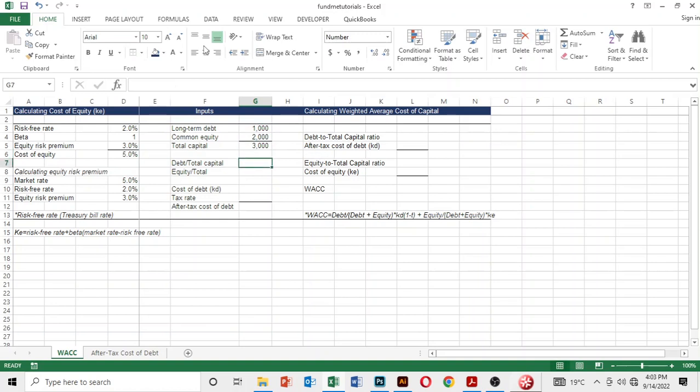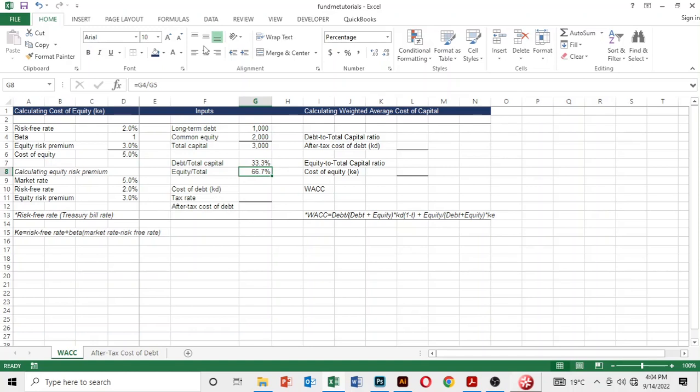So now we can calculate the debt to total capital ratio. So we can just say 1,000 divided by 3,000, and we can turn that into a percentage, Alt HP, Alt H0, and then we can just do the same for equity. We can say Alt HP, Alt H0, just like that. So here you can see that the proportion of debt to total capital is 33.3% and